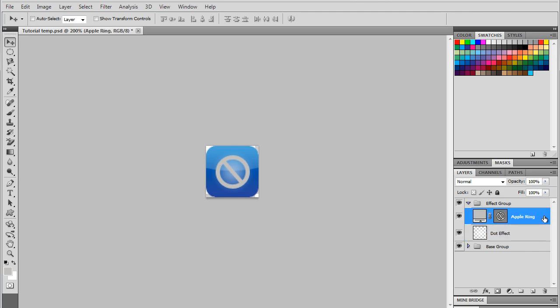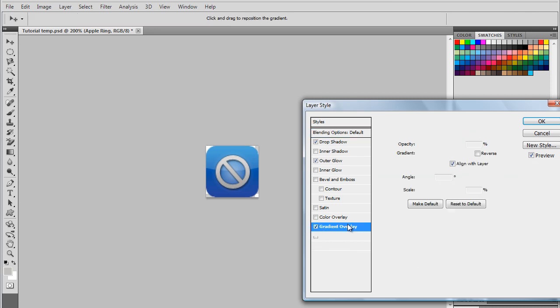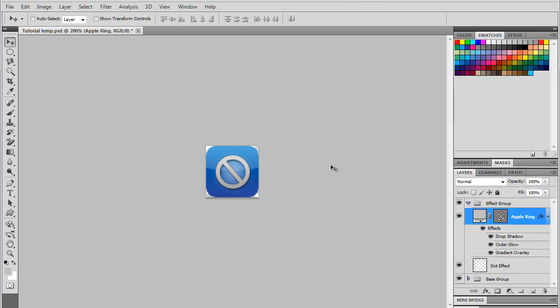Okay, double click that layer, and we're going to add a drop shadow, outer glow, and the gradient overlay, which you should have saved from our last one, but if you didn't, it would be overlay 46 opacity, black to white, linear, and 90 degrees angle. Okay, so as you can see, if we minus, it kind of pops out now, stands out from the group,